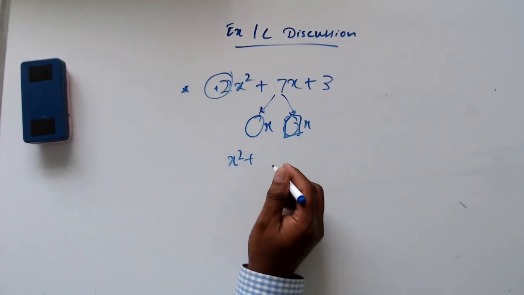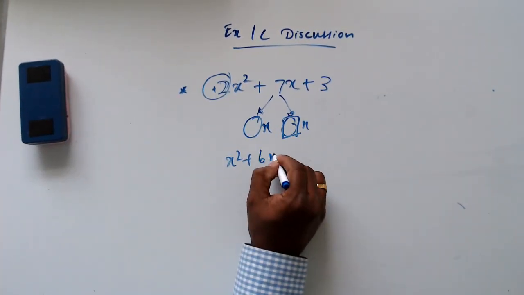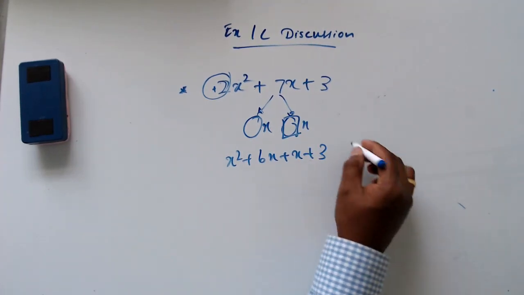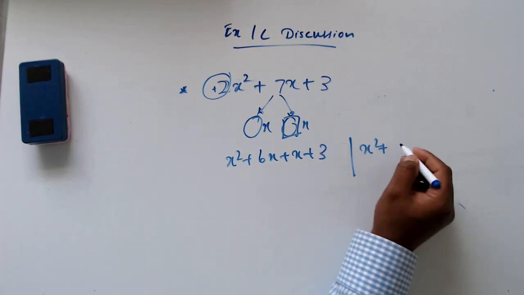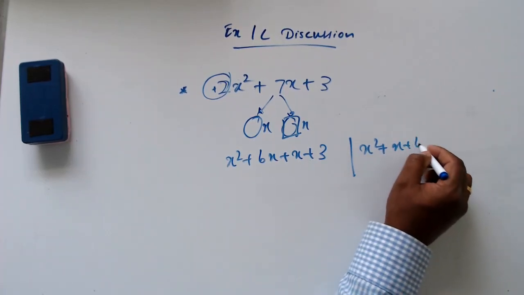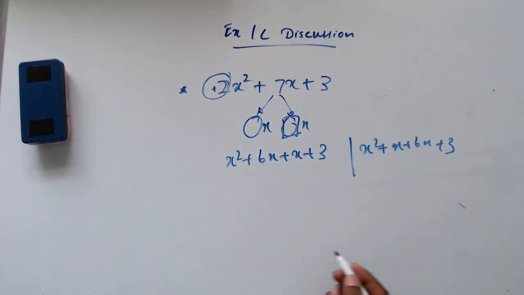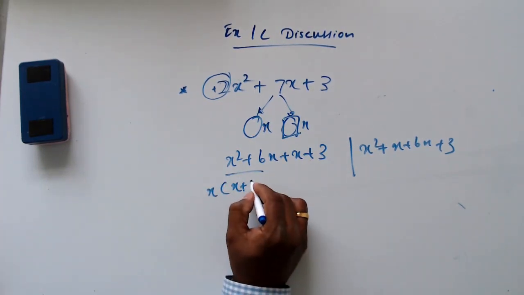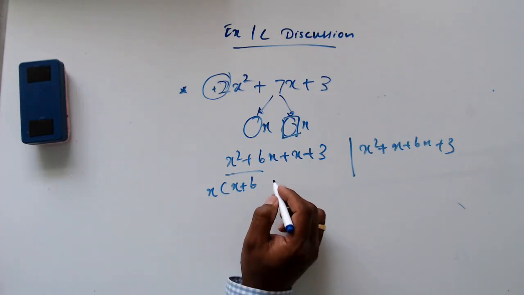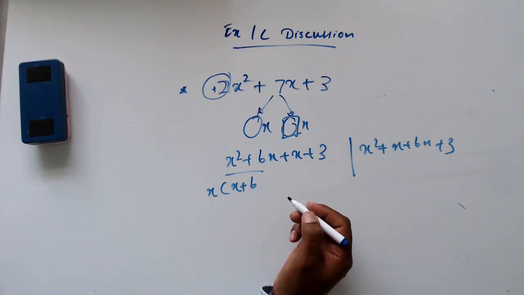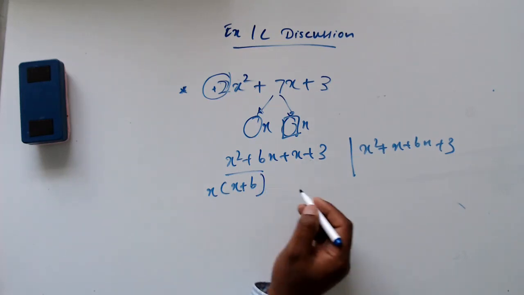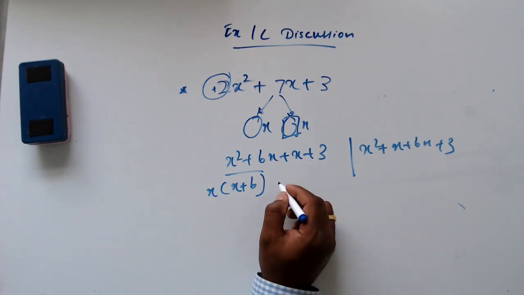So you can get x square plus 6x plus x plus 3. It doesn't matter if you write the other way, x square plus x plus 6x plus 3, both work. So when you take 6 out from here, you can see x plus 6, and then